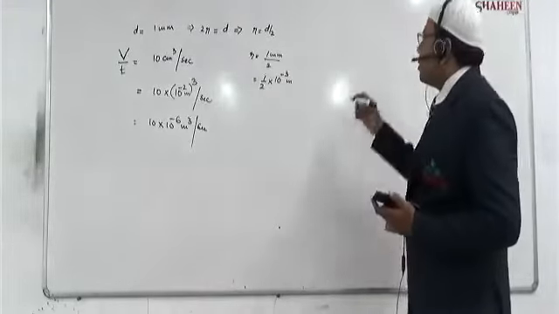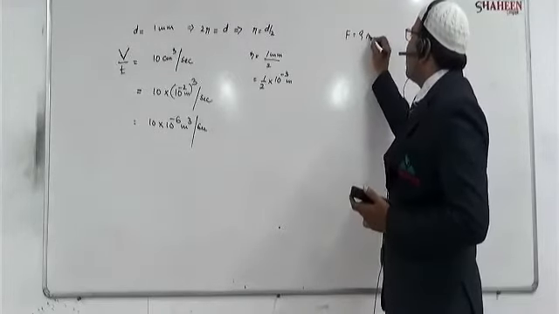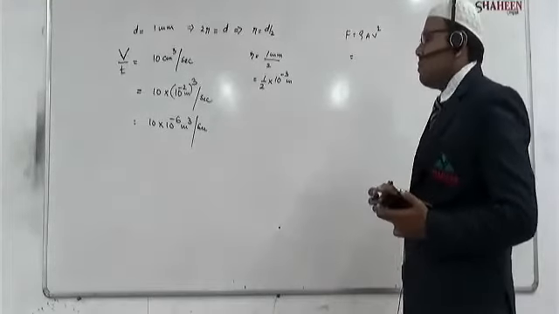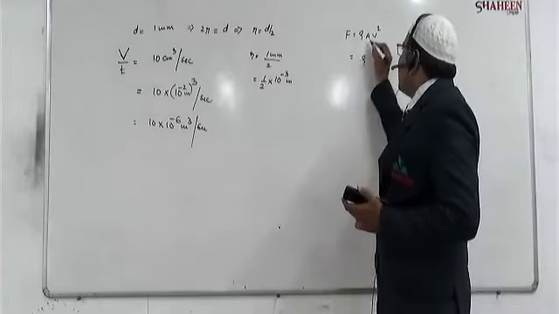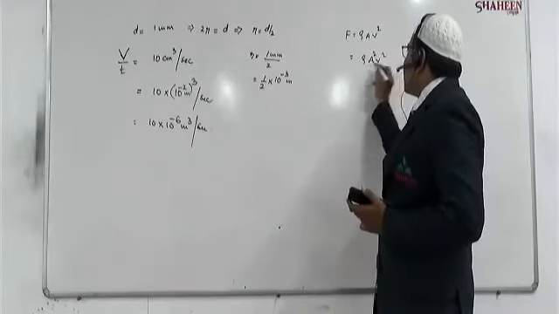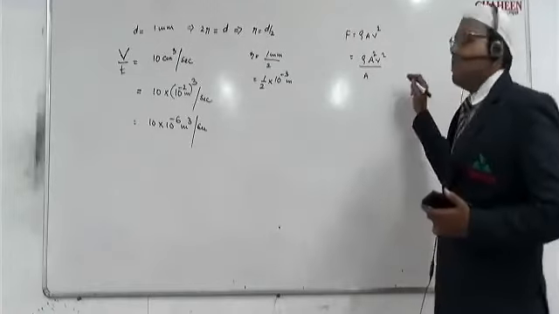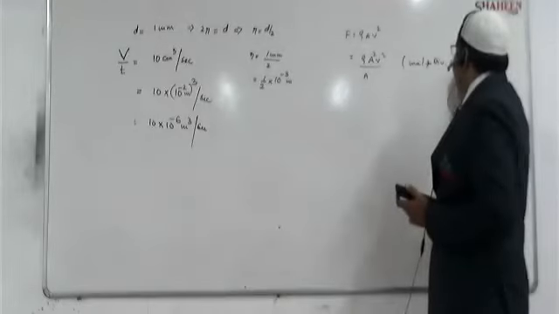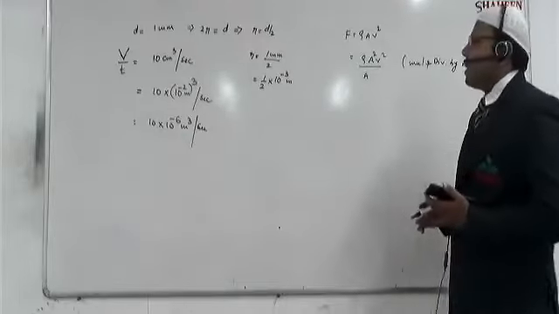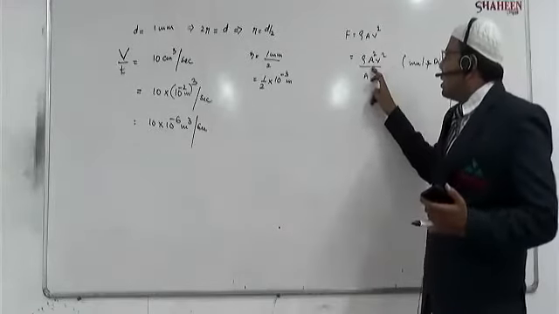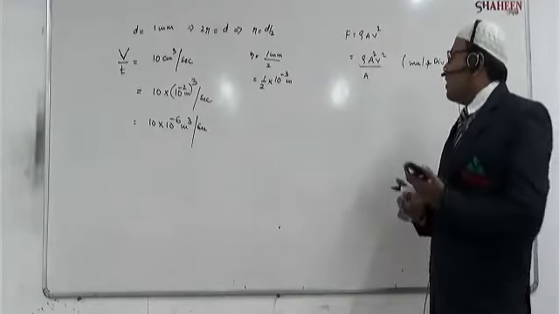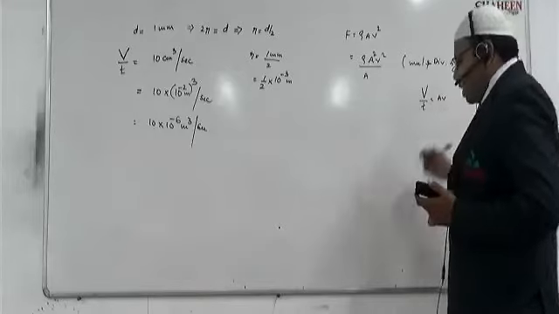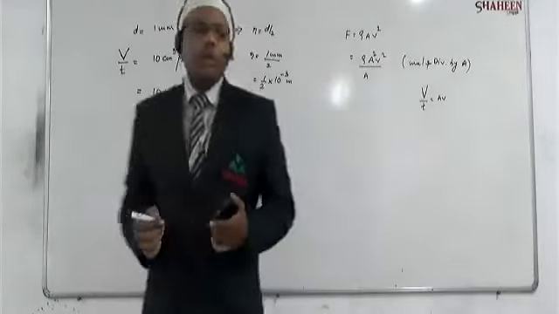Now let us see the force exerted. Force is equal to rho A v square. Velocity is not given here, so see how we solve this. This is rho A square v square by A. I am multiplying and dividing by A, so again A gets cancelled. Why am I multiplying and dividing? Because we know V by t is equal to Av, which we derived in the last class. So we will proceed with that.